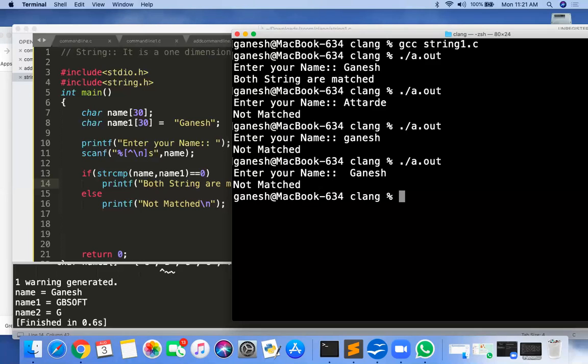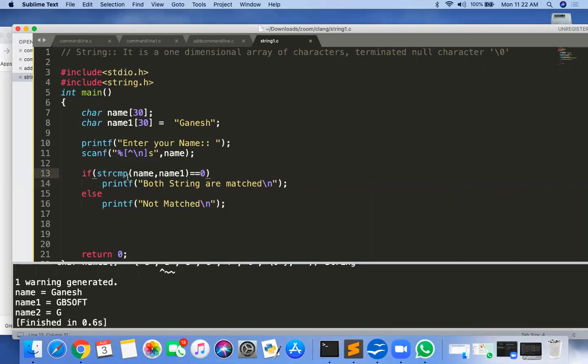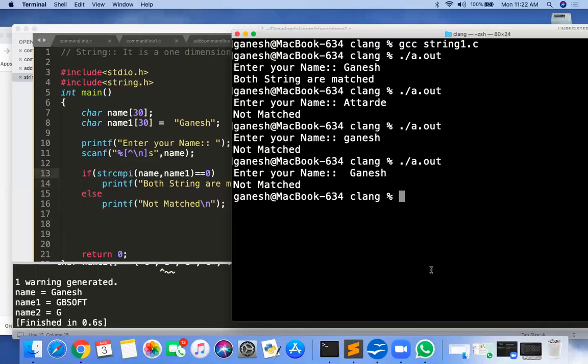If you want to match only contents, without considering the case, then we can use it. Actually there is also strcmpi. This is one function, I think. The strcmpi function will compare the strings without comparing their case.